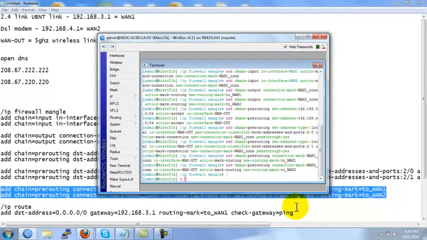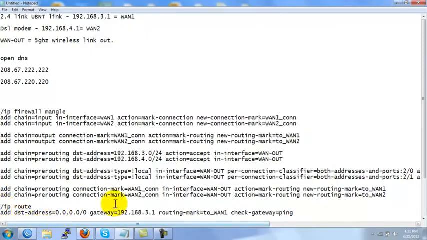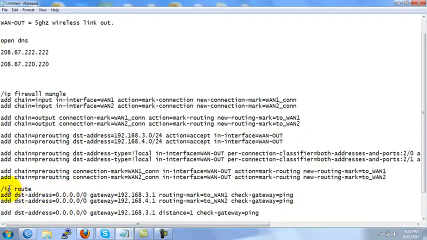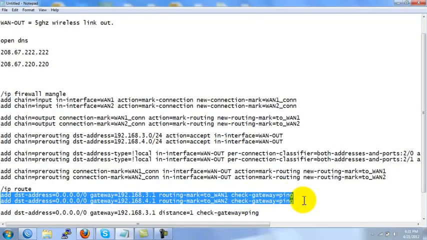And then our next section of rules is going to be for IP routes. So we'll do IP route. And now here's where we're going to be adding in our gateways. We're going to add destination addresses covering the entire internet, all your zeros. And that's going to be for 3.1, routing mark WAN 1, and destination address 0.0.0.0 gateway for the other